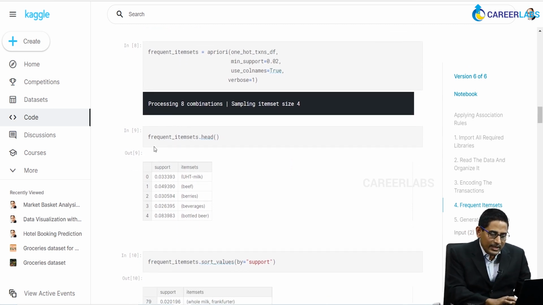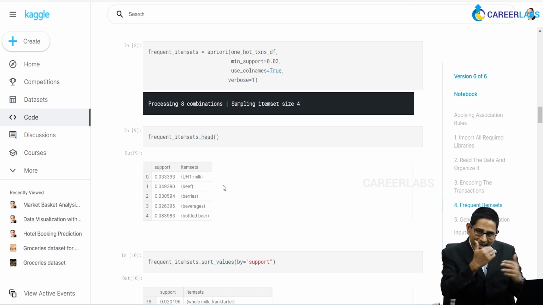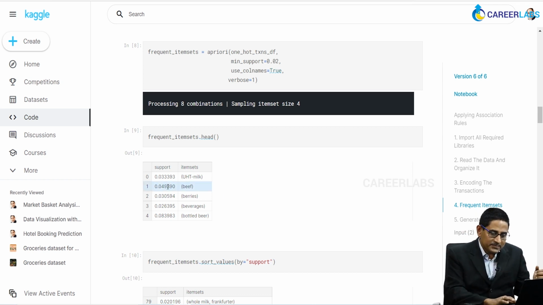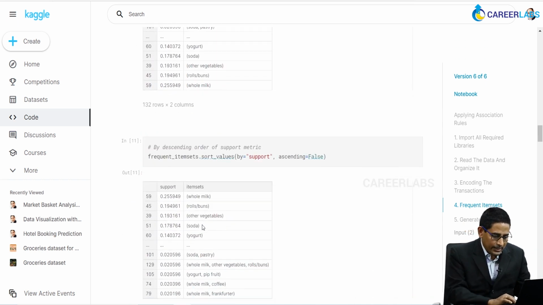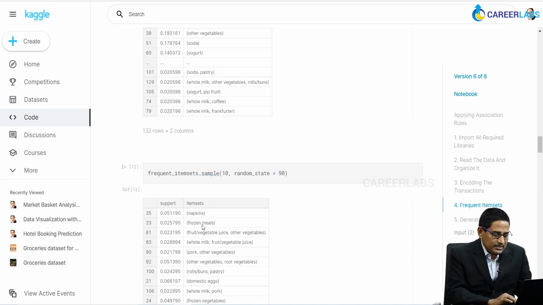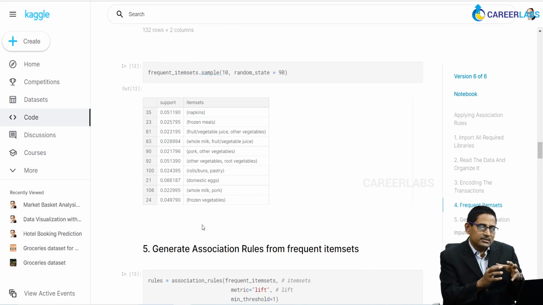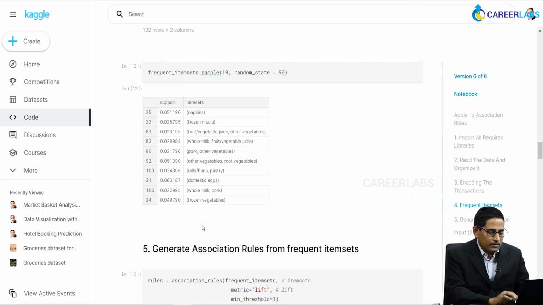If we start looking into this data frame produced by applying apriori, it gives a support and then item sets against it, right? Then of course we can sort the values based on the higher support values for each and every item set, and that can be presented accordingly. Then we move on and start looking into the item sets in the top 10 in some specific order, ascending and descending. We can do that.